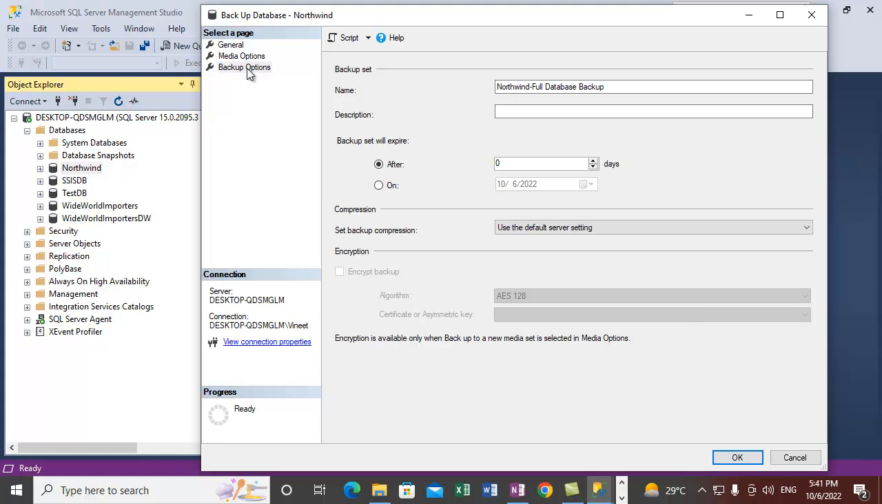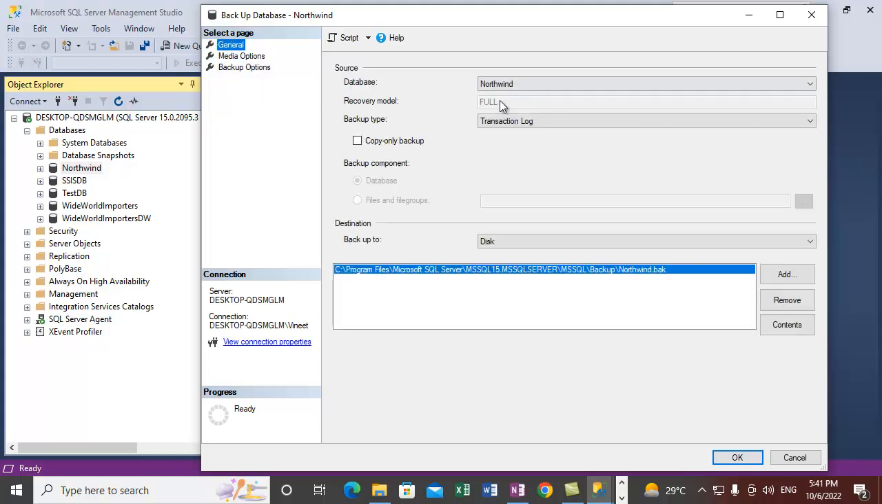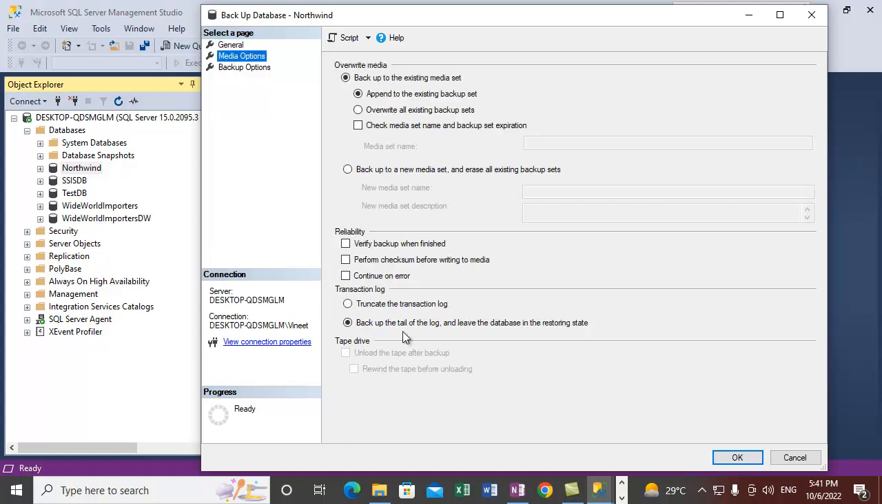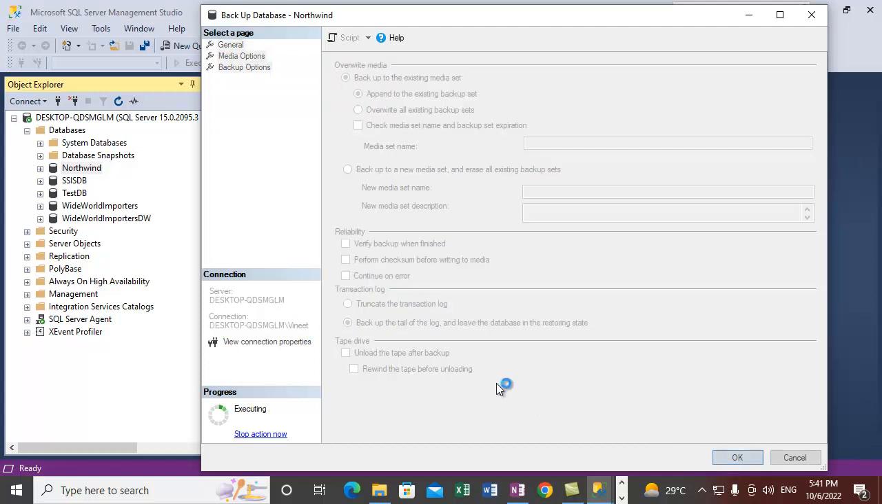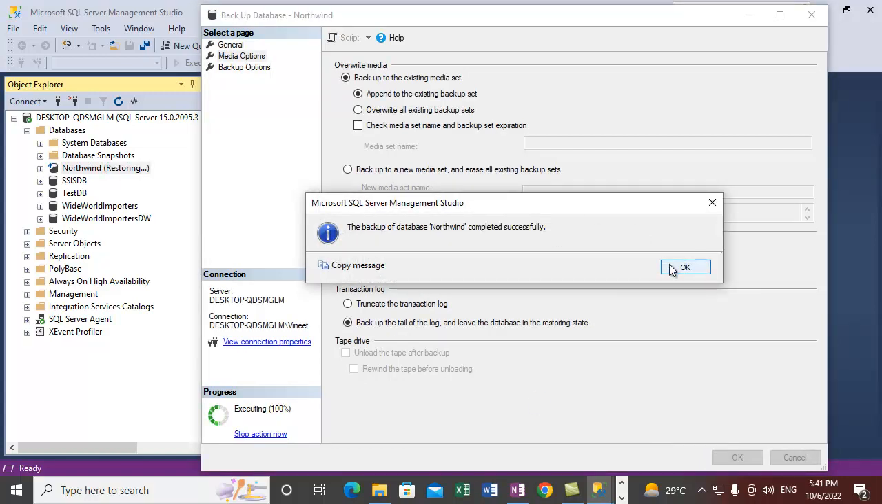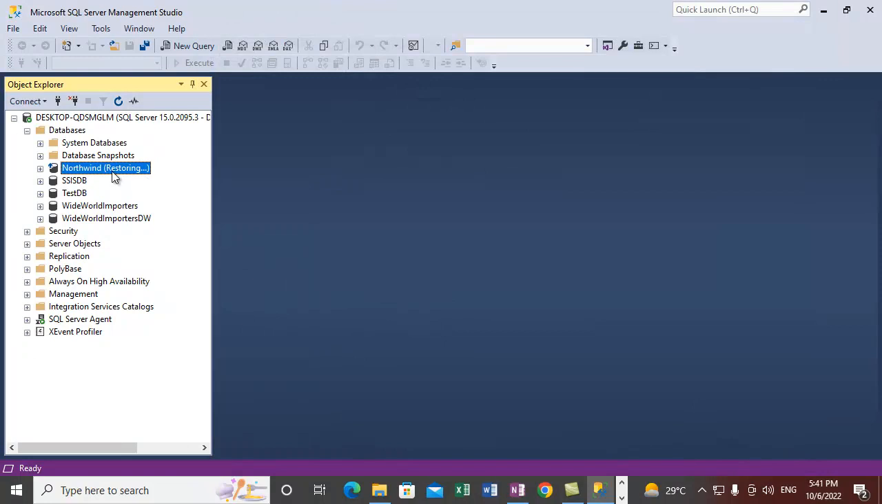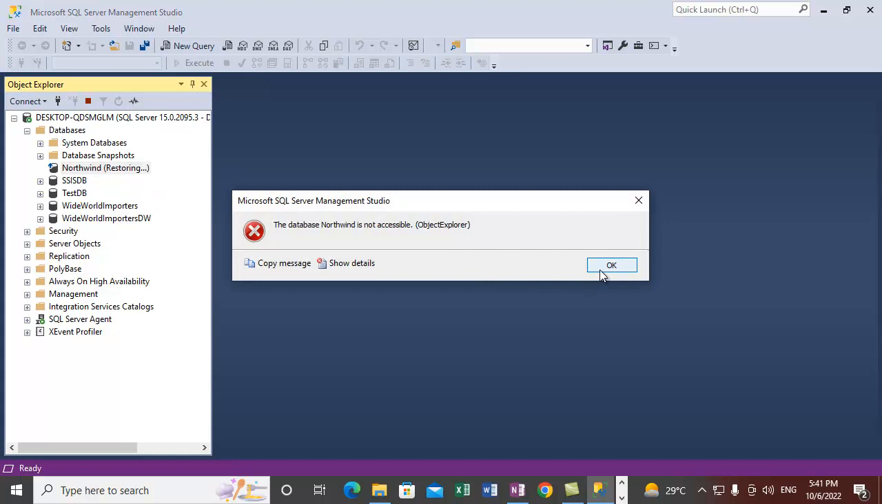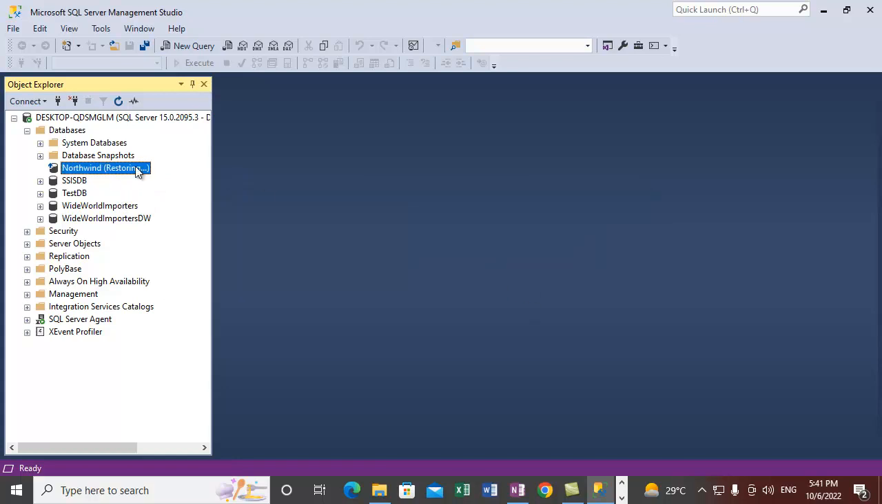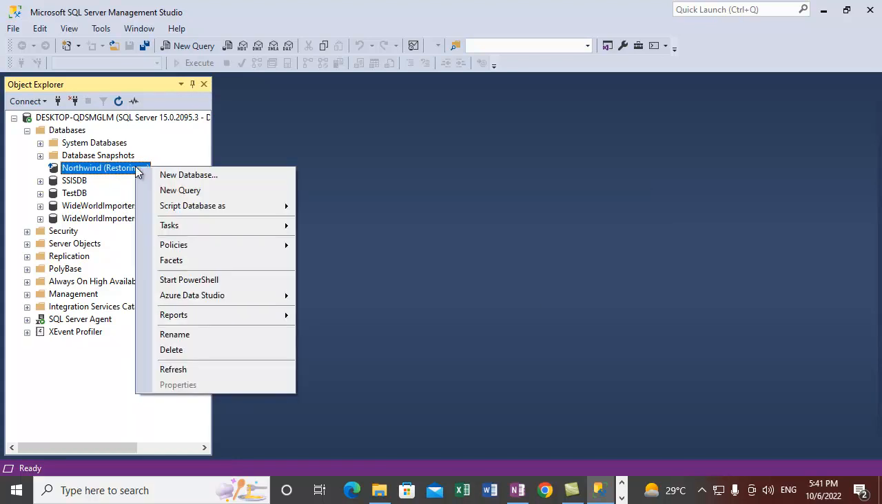So for now, we are doing a transaction log backup on this file, and this will be a tail-of-log backup. Let's try to take this backup. So we have taken the tail-log backup successfully. Now you see the database has moved to restoring state, and we will not be able to see any databases inside it. And if we right-click on it and we want to do a restore,